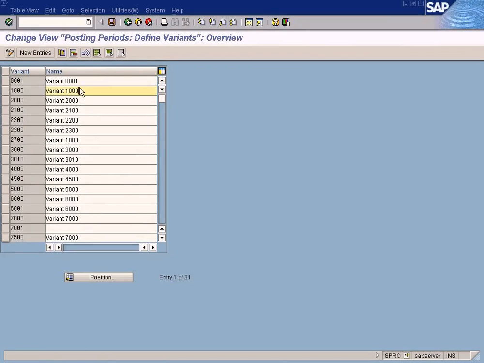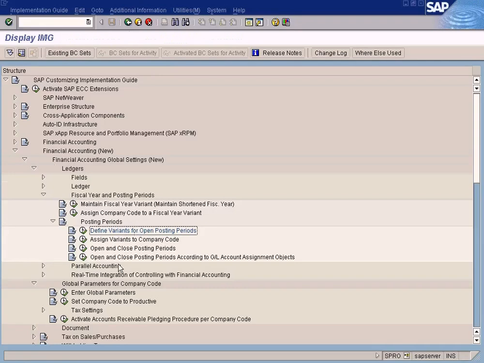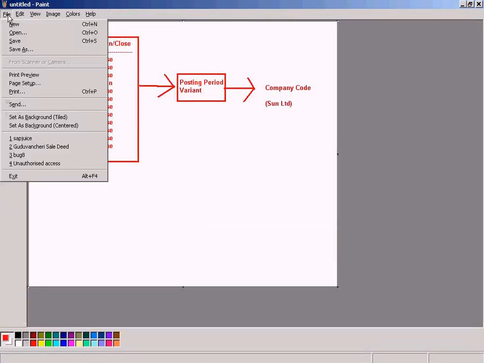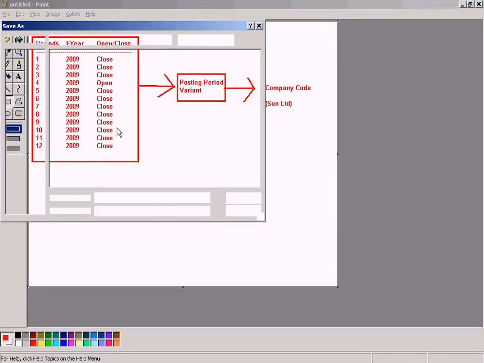See here, we already have 1000, because let me just show you something. I'm going to global parameters, enter global parameters. Let me just save it in the meantime.